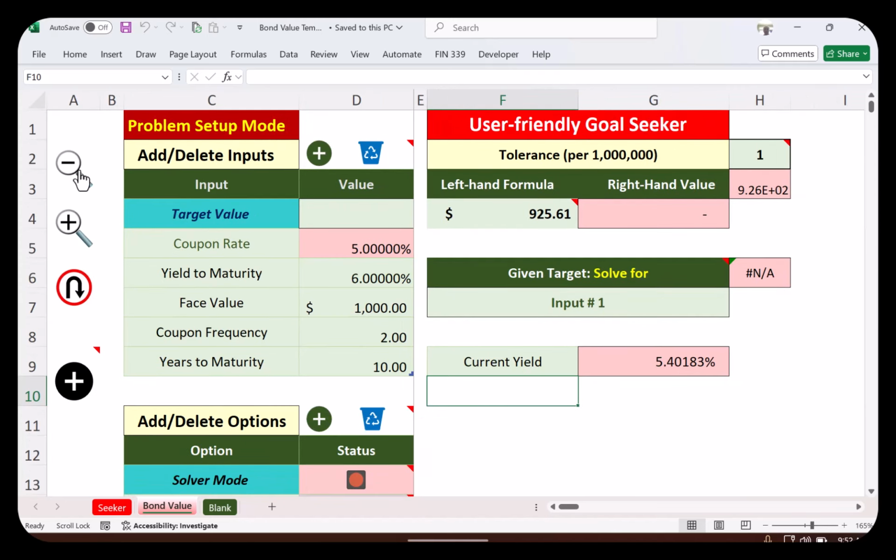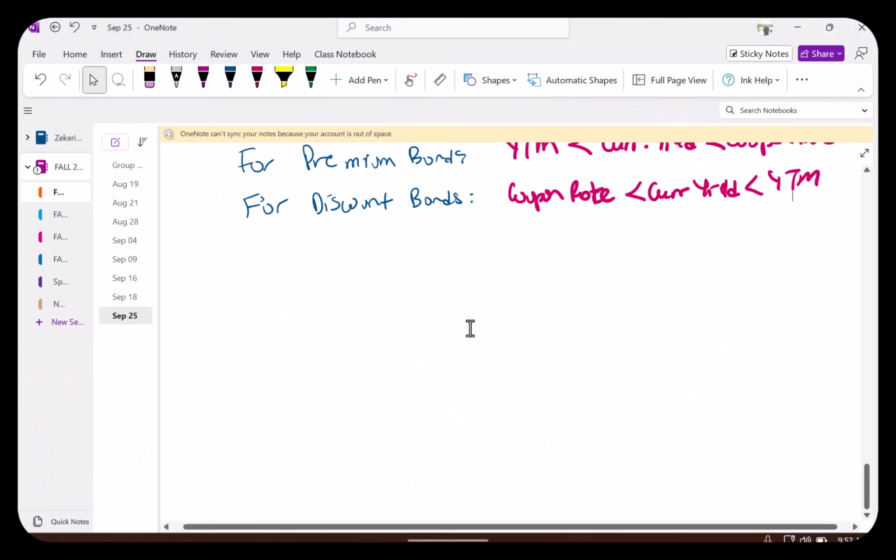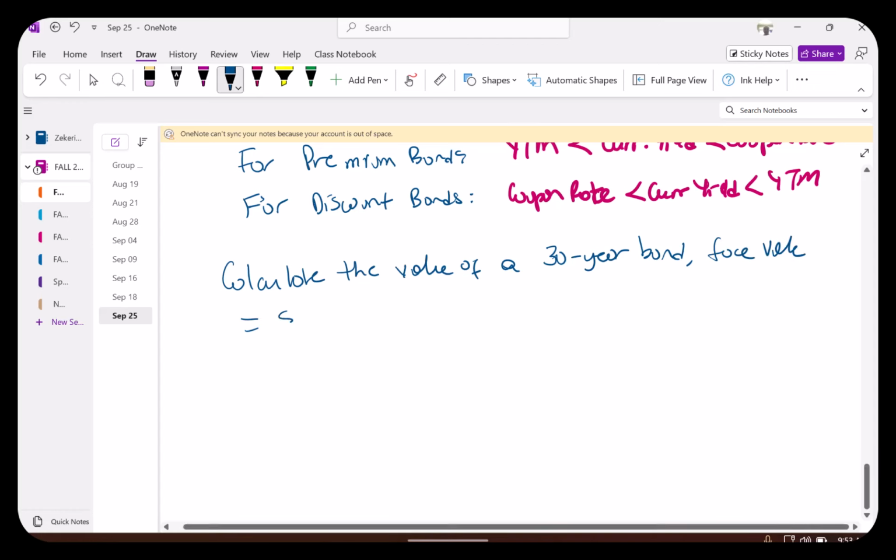That's going to matter for the sort of stuff we're going to do. Now, if I ask you a question about calculating a value for a certain kind of bond, you should be able to do that. So let me do, assuming you were interested enough to open the file. Calculate the value of a bond, 30-year bond. Face value equals 1,000, semi-annual,